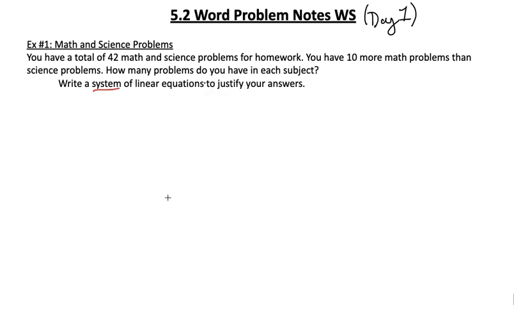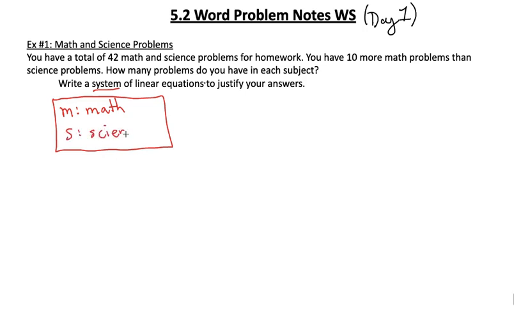So that word systems means two equations. In our equations, we have two variables. I'm going to box my variables just to help me organize my thinking. I'm thinking, hey, I have math problems, so I'll use M for math problems and S for science problems. What this does is help me organize my thinking, kind of what we've done in the past. So when we go to write our equations before we solve them, I know where I'm heading